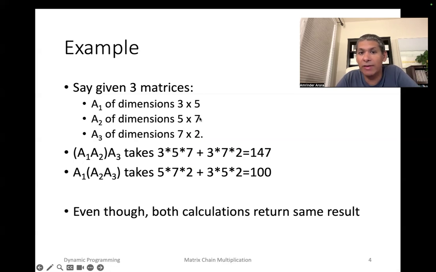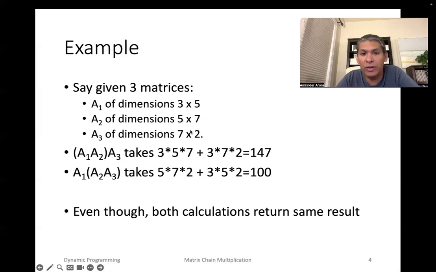Finally, you'll have a 3 by 7 matrix. You'll multiply that with A3. It'll take 3*7*2 operations, and you've done 2 multiplications, add those up, so you get 147 units of time, operations. Similarly, if you do A2, A3, that'll take 5*7*2 time, and then we'll multiply that,